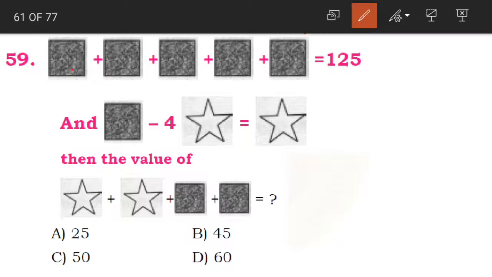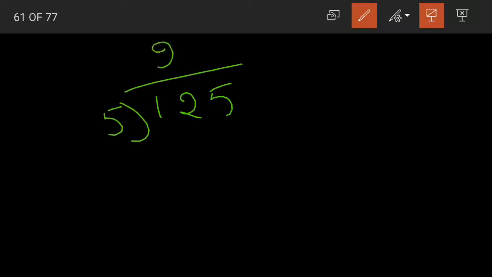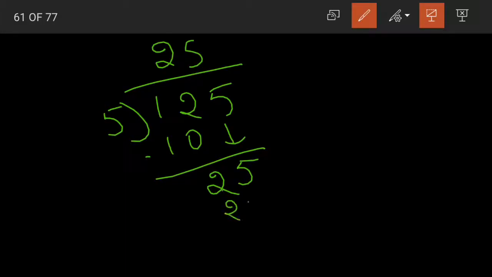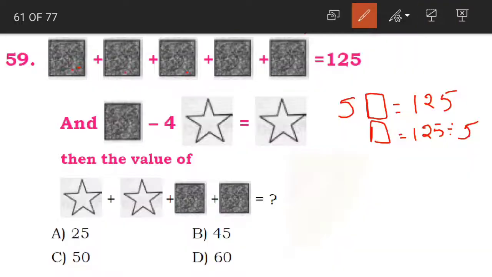Now see, we have done a similar problem in the previous video, right? Now 5 squares is equal to 125. Then 1 square is equal to how much? Yes, 125 divided by 5. Now let us divide and see. Divide 125 by 5. 5 2s are 10. When we subtract, 2 will be our answer. And 5 brought down. So we know that 5 5s are 25. And when we subtract, 0 will be our remainder. What is the quotient answer here, children? 25. So 1 square is equal to 25.